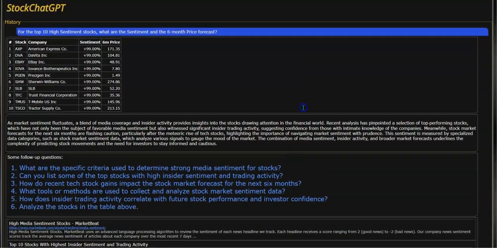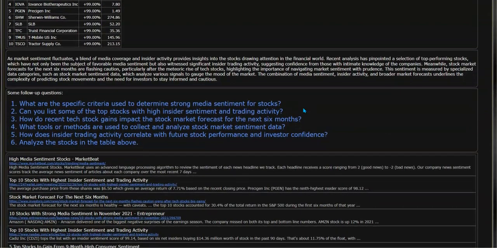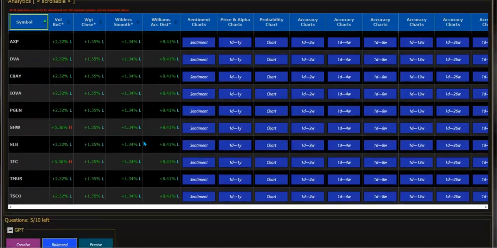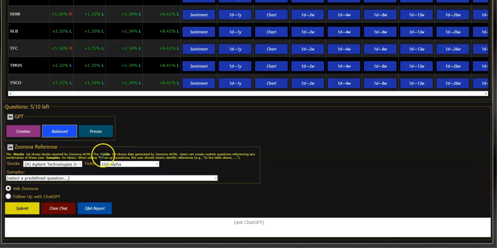Now we could also go back up, go to the follow-up questions, and ask a specific question here. If you don't see a specific question you want to ask and you want to follow up with your own question, that's where you would flag on follow up with ChatGPT. So any question that you don't see above or that is not really pertaining to the data that's in the actual